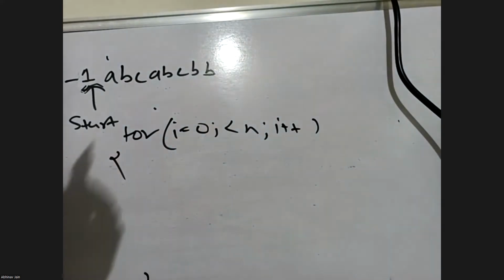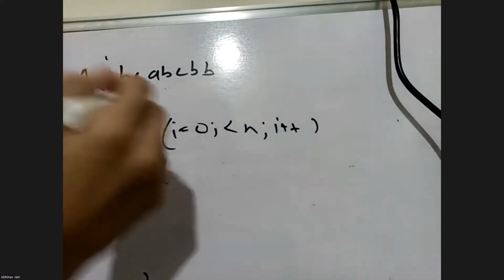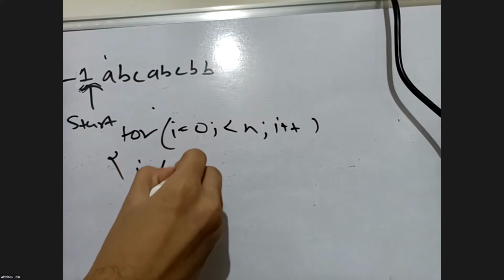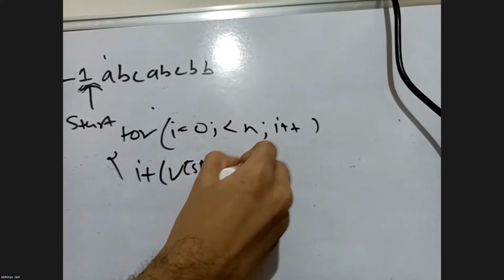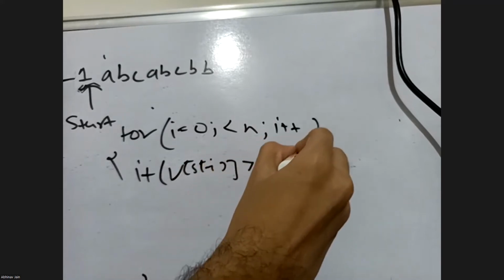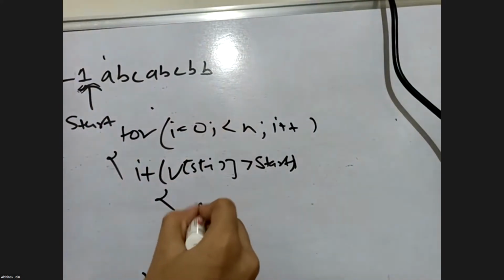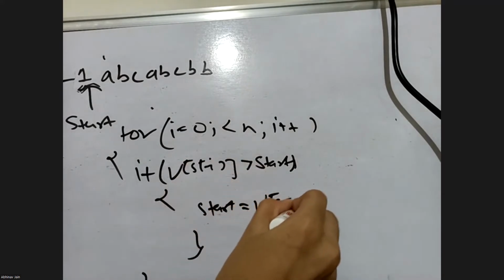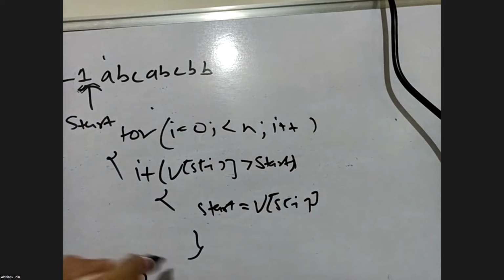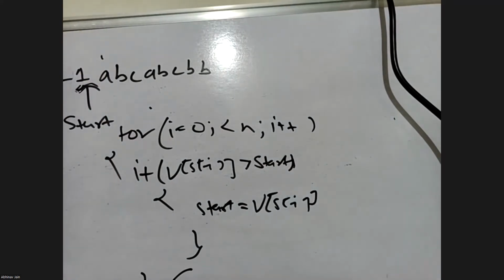We should have an if condition, and we should see if b of s of i is greater than start, we should make start equal to b of s of i. Obviously, there's code after this as well, but we really need to understand this first. It's very important. So what we are trying to do in this approach is,